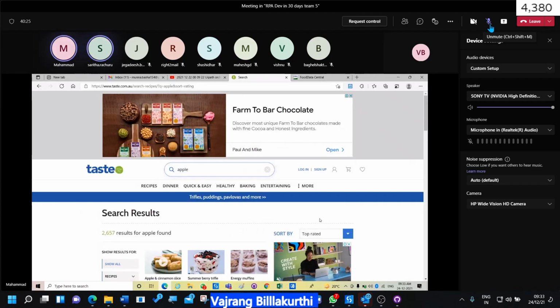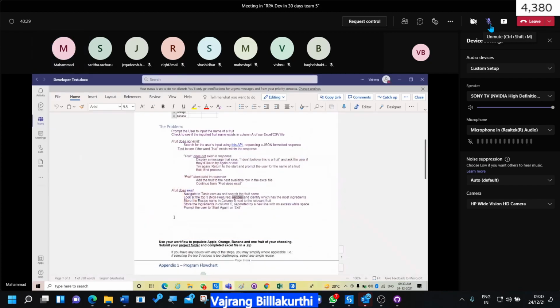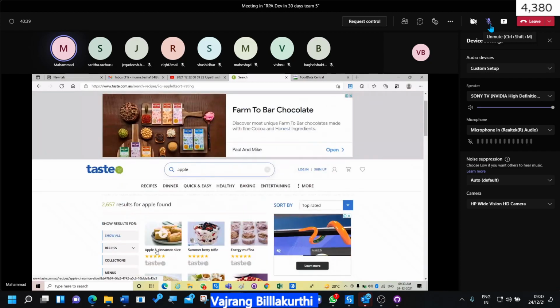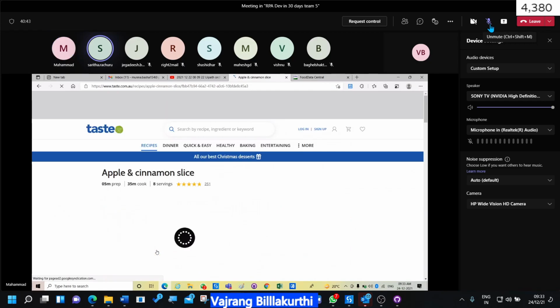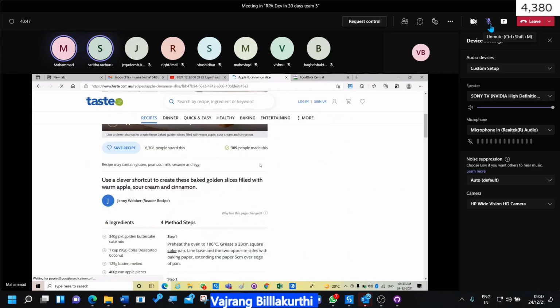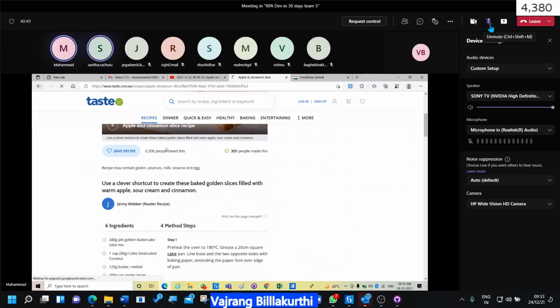By using this one, top rated, top 3. We'll check top rated, and identify which has the most ingredients. In that, we need to fetch the top 3 most ingredients. As we have gone through previously, the third one has the most ingredients.